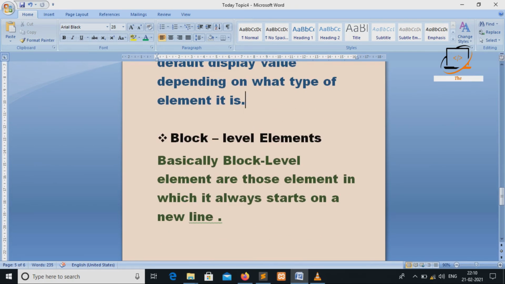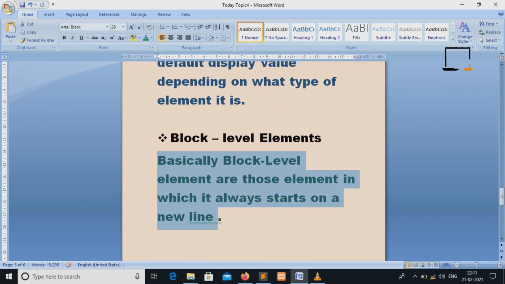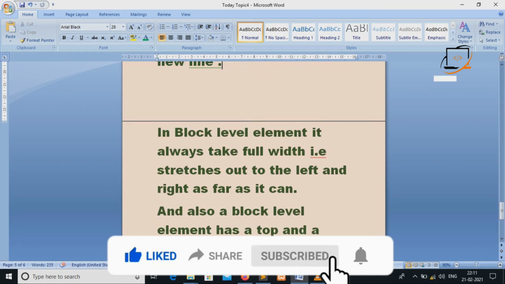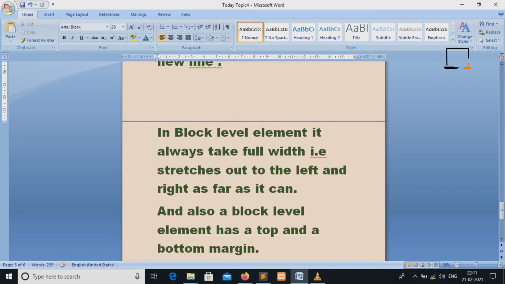So now, block level elements are those elements which always start on a new line. Basically, a block level element takes a new line to start any data that represents it on the web page. Block level elements always take the full width, stretching to the full width of the window, that is left to right as far as they can.